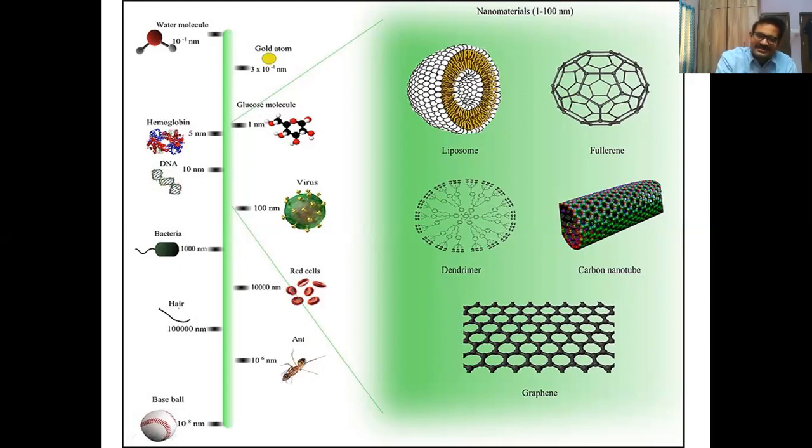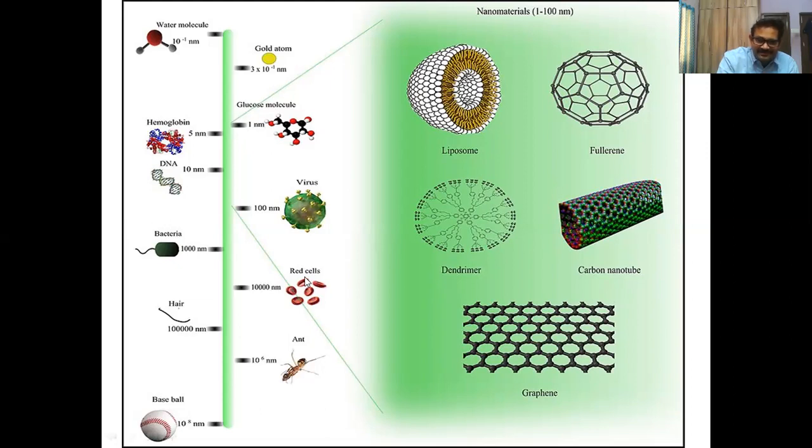So nowadays, there is one definition for nanometers. The materials which are less than a micrometer, 10 power minus 6, otherwise 1 nanometer to 1000 nanometer materials, we can call them nano. Nowadays, this is the size. In the definition, we say 1 nanometer to 100 nanometers, but it is extended even nowadays up to 1000 nanometers, less than microparticles. We normally call them nanometers.